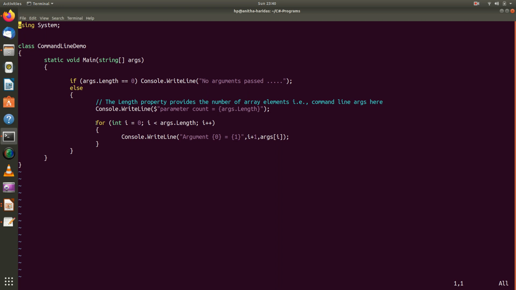Then I have a for loop to display the values of the arguments. So I start from index 0 to the length of the arguments, and I am using args of i to display each and every argument that I have passed to the method.